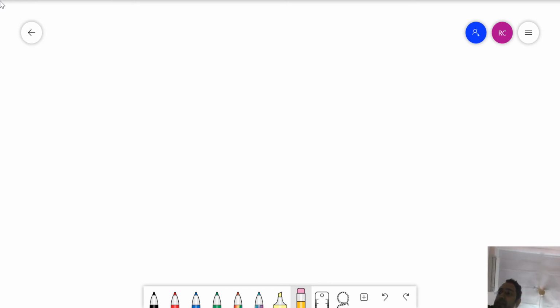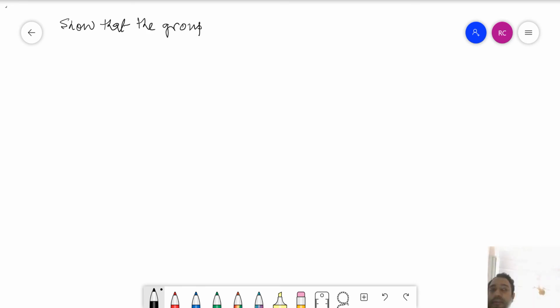We're going to demonstrate a sum. It asks us, well, let me write down the sum. Show that the group G equals {0, 1, 2, 3} with the binary operation plus modulo 4